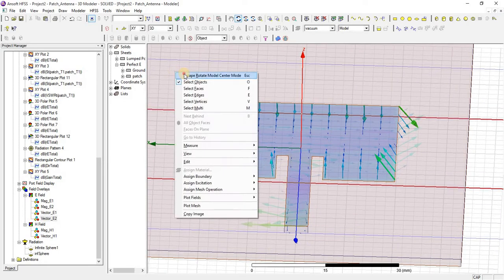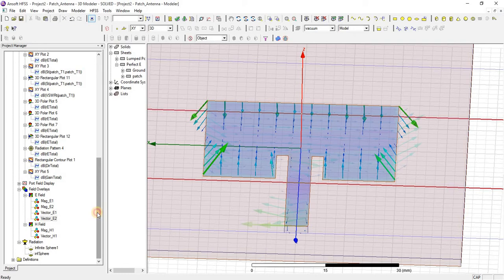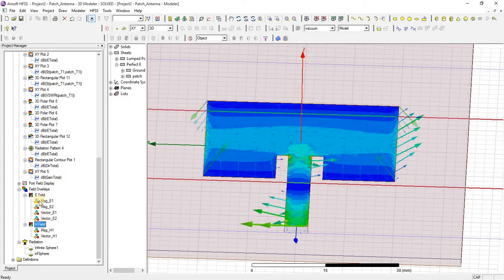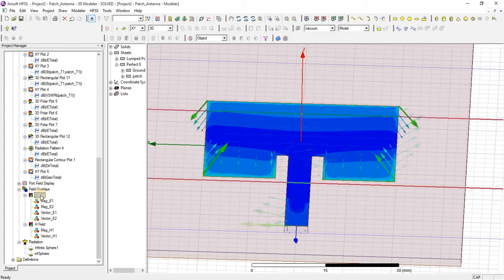Now let's see how to animate this. For that purpose, just go to that field, E field or H field, you want to animate.